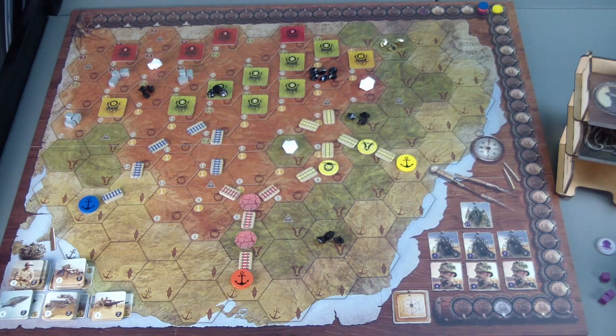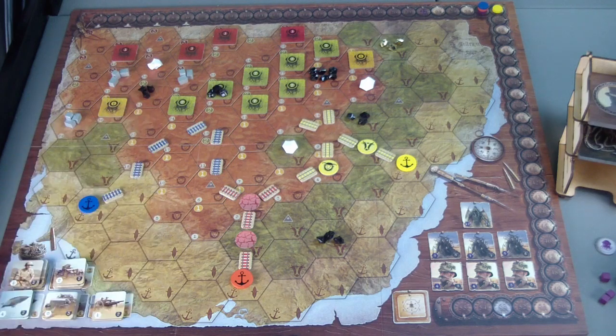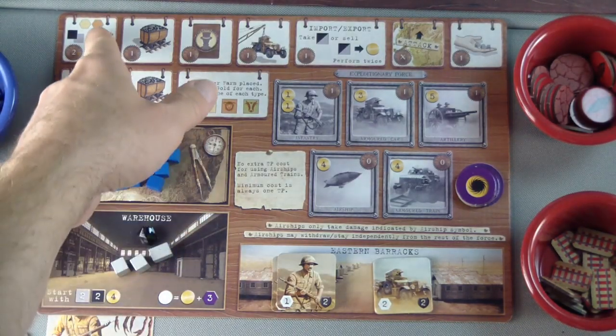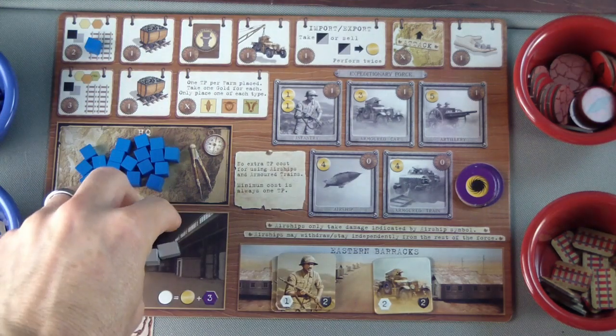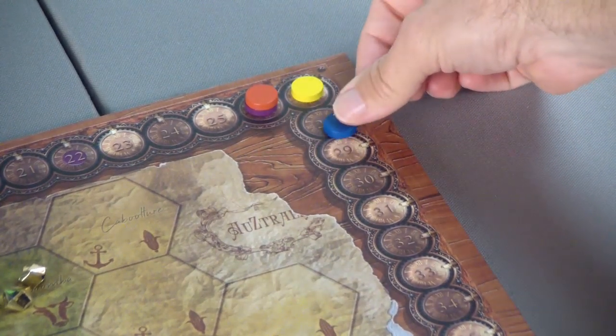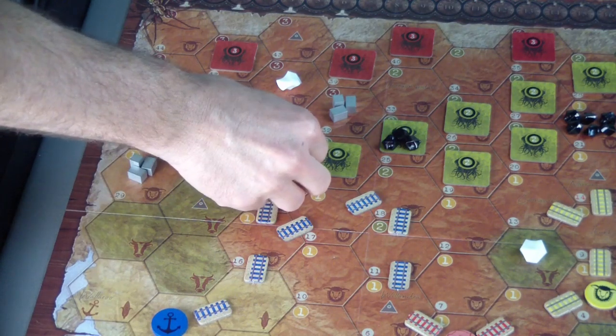So we need to build further into the interior. Up here we have a path now that we can build tracks. Luckily it is all on the outback. So we will spend our iron and coal, pay our 2 time units, and start building these tracks further